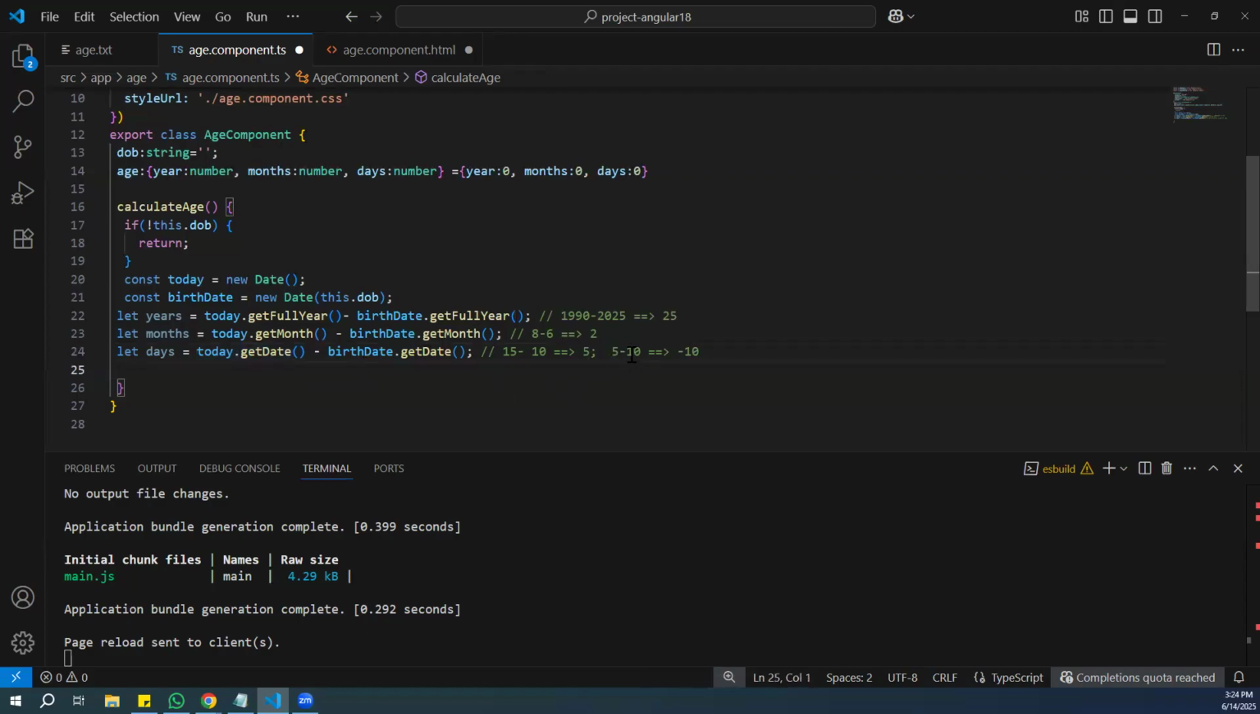Birth date is 10. If you do the minus, it should display the value of minus 5. Right? Yes. That time what we need to do is reduce 1 month from the month. And we'll add those days where, in the dates variable. For example,